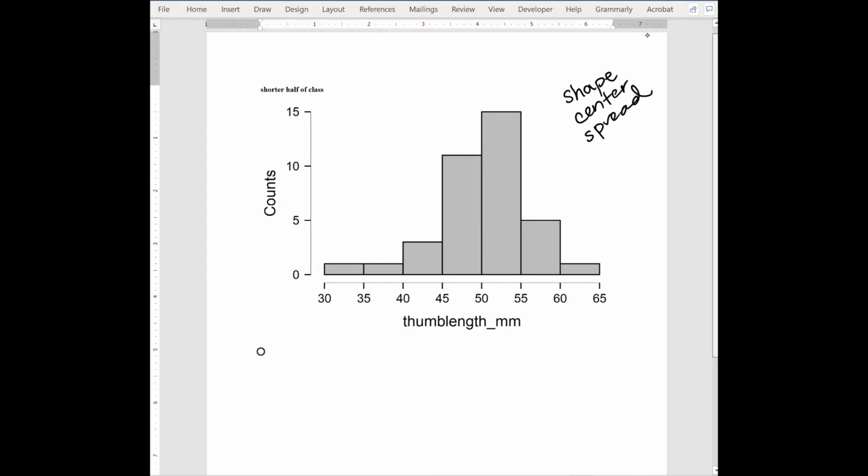So the shape, looking at this, it looks like maybe it's slightly left skewed, negatively skewed. But overall, it's a pretty normal unimodal looking shape, right? Just by eyeballing it. So I would go ahead and just roughly draw in, I think, the population that this data comes from. Short people's thumbs, generally, probably follow about this curve. And I think that looks about right. Maybe a little bit more to the left, maybe,